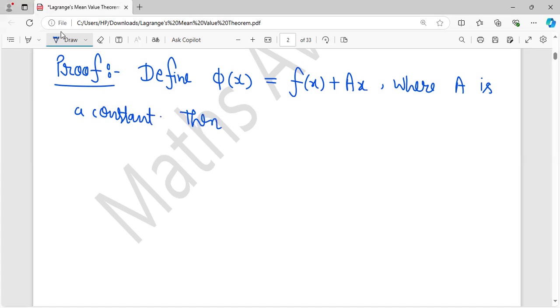Then phi, closed interval [a, b] to R, is a function satisfying